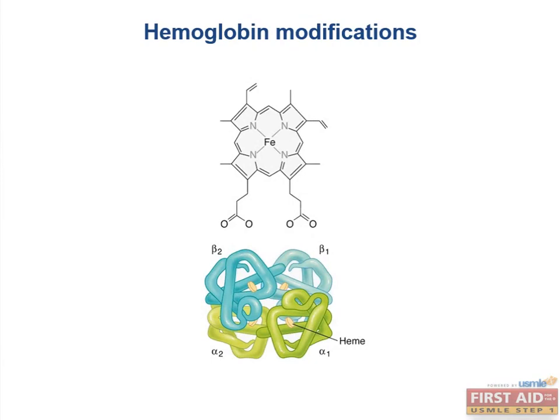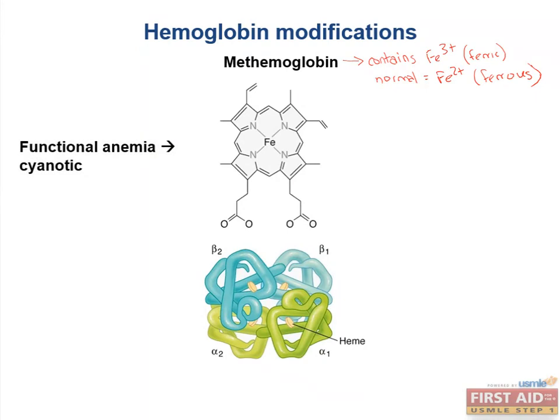Let's talk about a couple of highly testable conditions that can modify the effectiveness of hemoglobin, leading to tissue hypoxia from decreased oxygen saturation and content. Methemoglobin is the oxidized form of hemoglobin, containing the ferric Fe3+ iron rather than the ferrous Fe2+ iron. This form of hemoglobin is less effective at binding oxygen, and the patient gets a functional anemia. They can also become cyanotic. Interestingly, methemoglobin has a high affinity for the cyanide ion, which has an important therapeutic implication that we'll come back